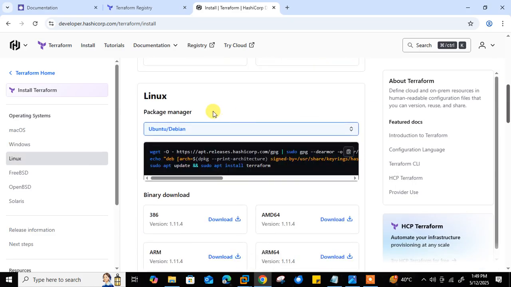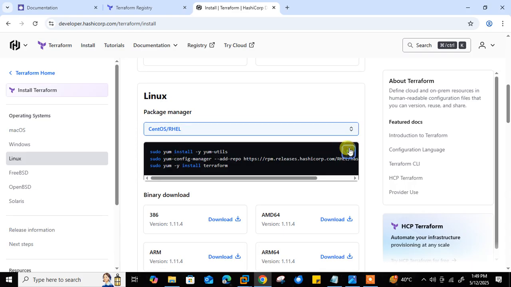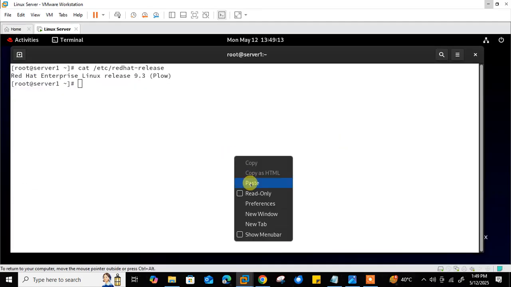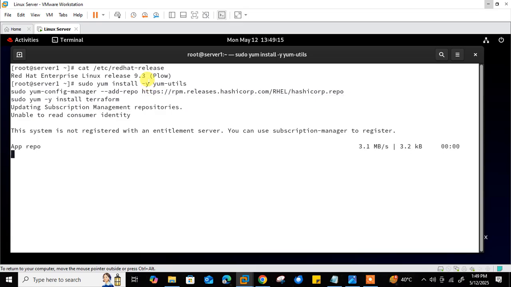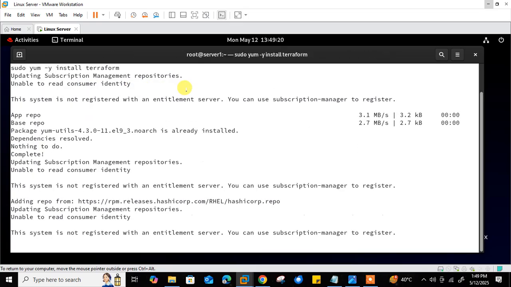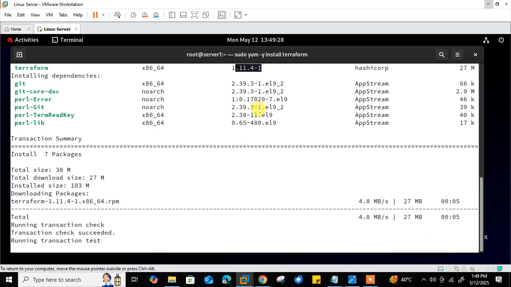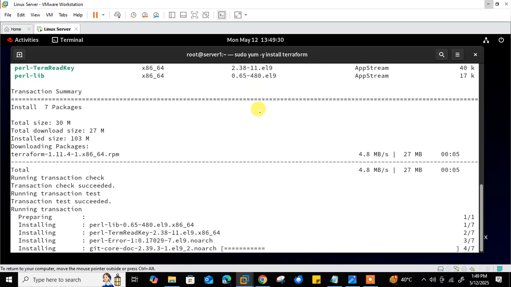My platform is RHEL, so I'll go with CentOS/RHEL, copy the entire code, right click and paste. First it will install the yum-utils package, then add the HashiCorp repository, and then finally install Terraform. So you can see Terraform 1.11.4 is going to be available on my machine very soon, right?